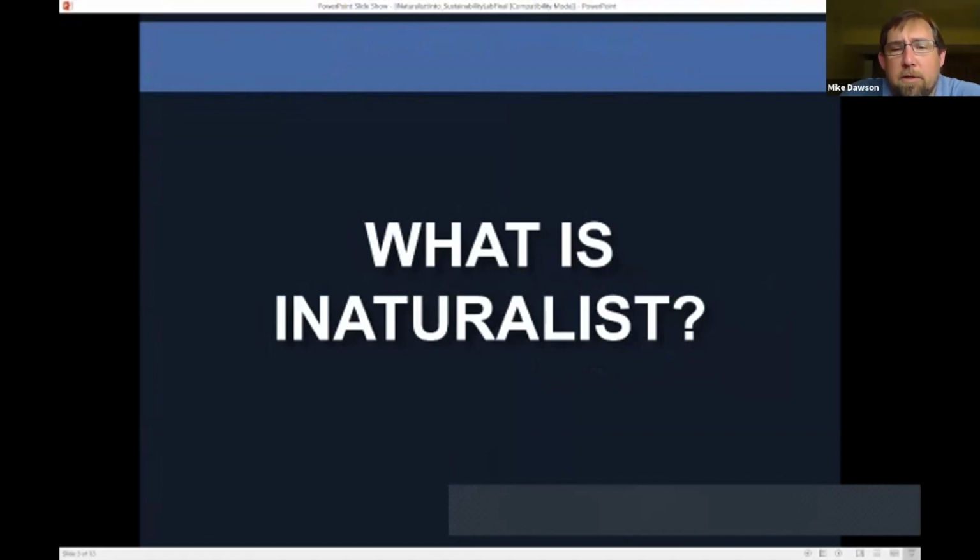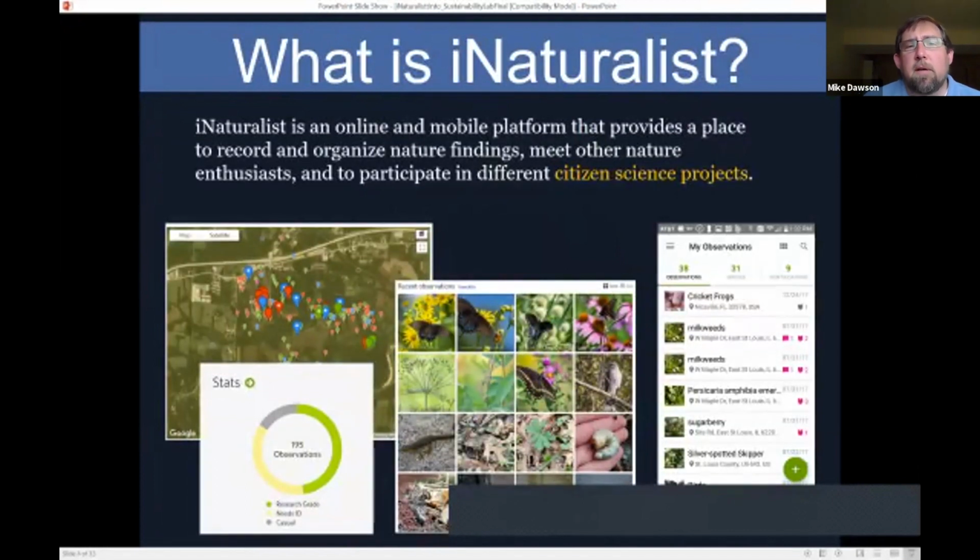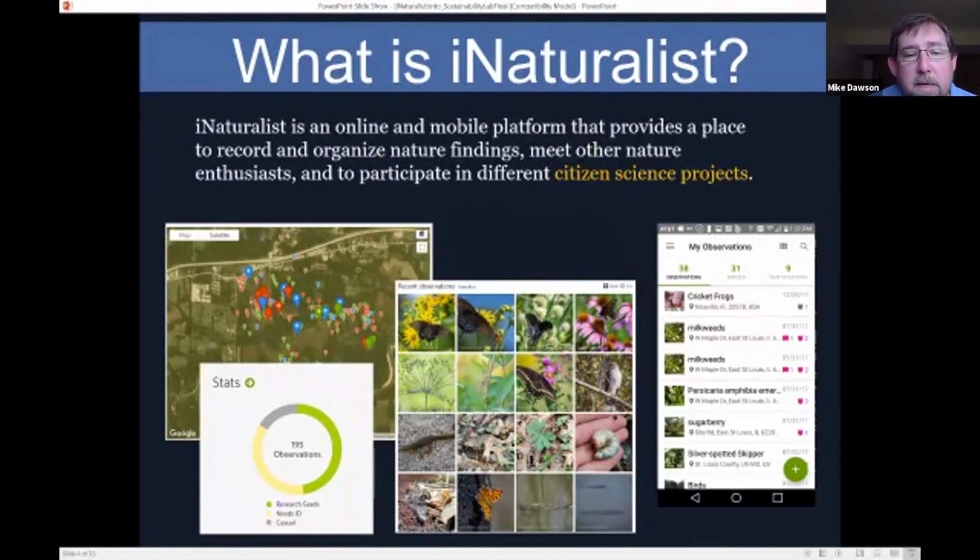What is iNaturalist? You might have heard that term. If you haven't, it is kind of a neat thing. It's an online platform that was designed, believe it or not, by 3 college students as one of their master's degree projects. And it's ballooned from that point. They went to UC Berkeley, and now the Academy of Science has taken over the background and the database of